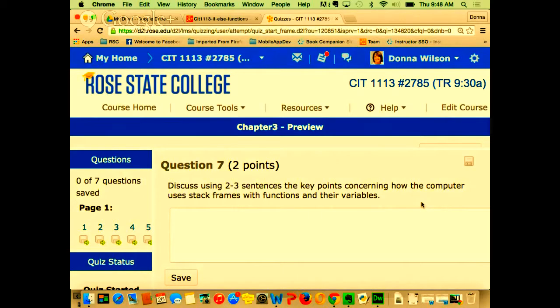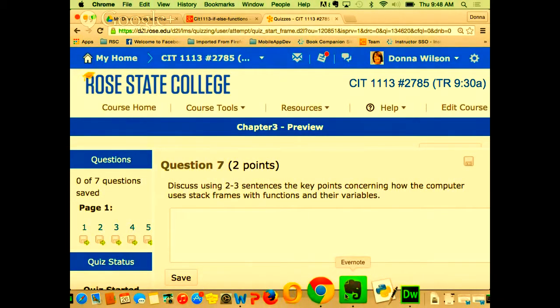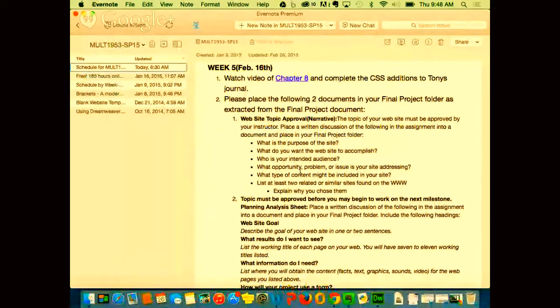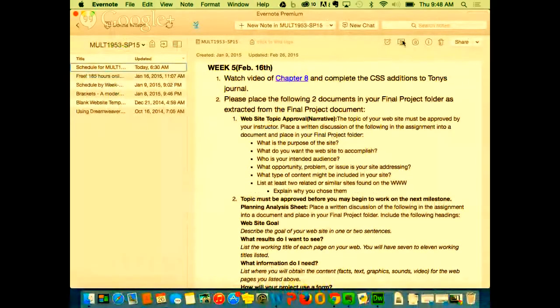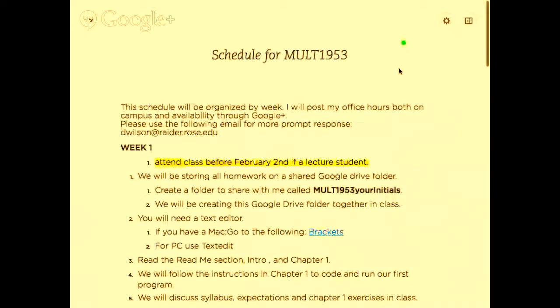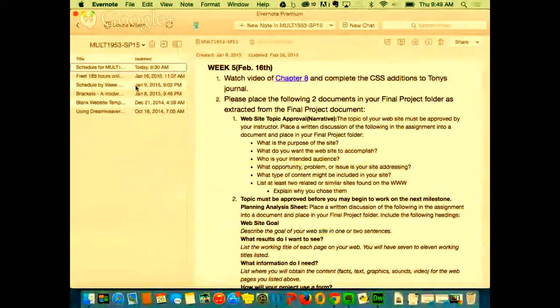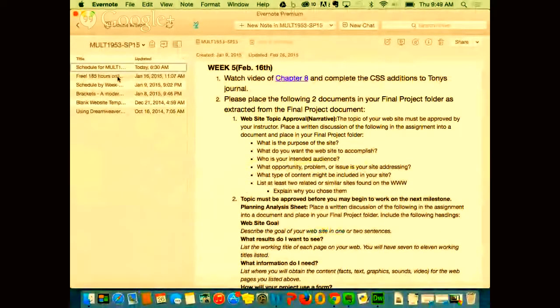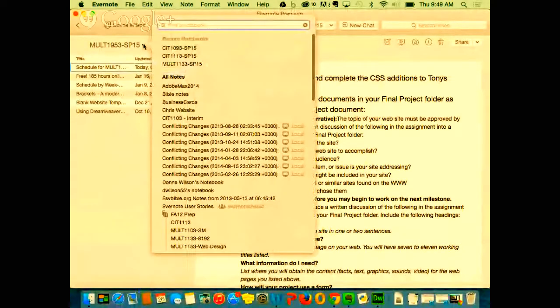So first I'm going to look at Evernote and let you see for sure. Oops, that's the wrong one. It's the other class. Go to the right class.